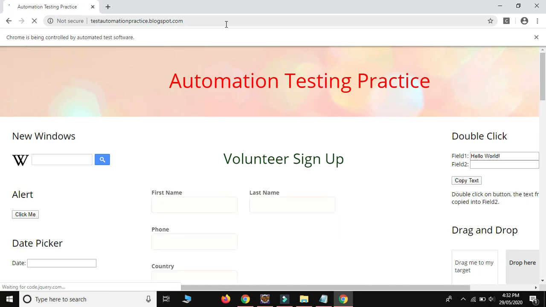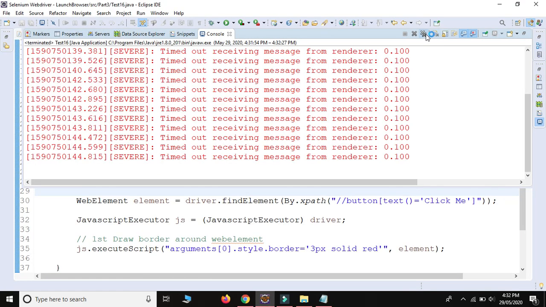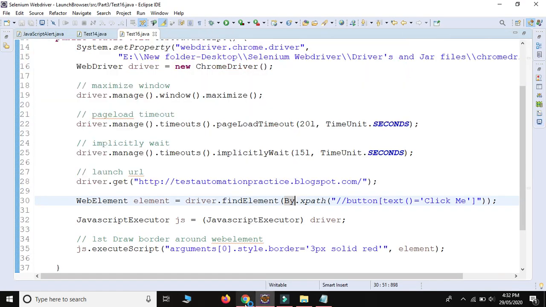Okay, still launching. See, this is the web element. It is surrounded by our red color with a 3 pixel solid red border. Okay, now I will show you another example. Now I will draw the border around